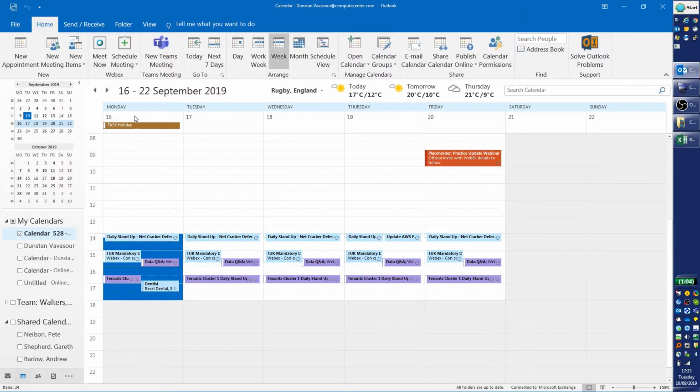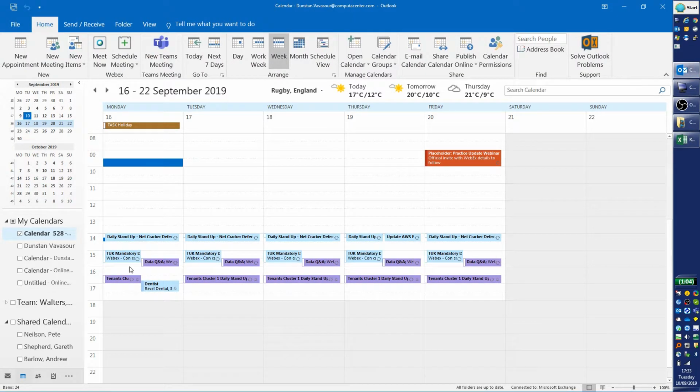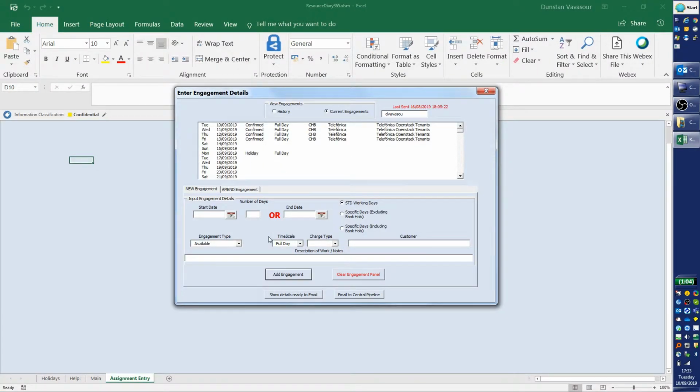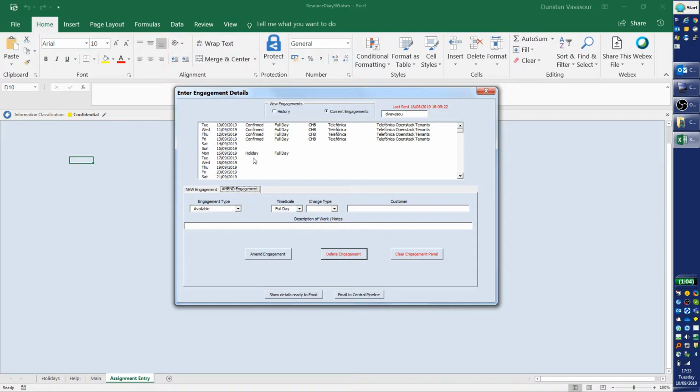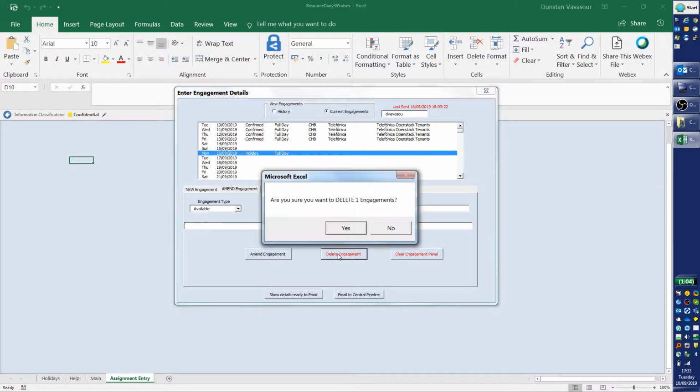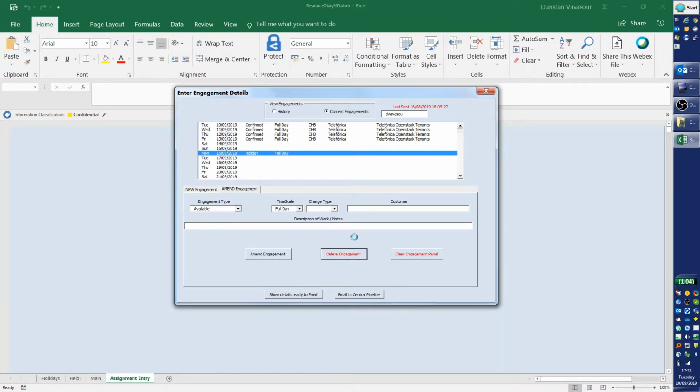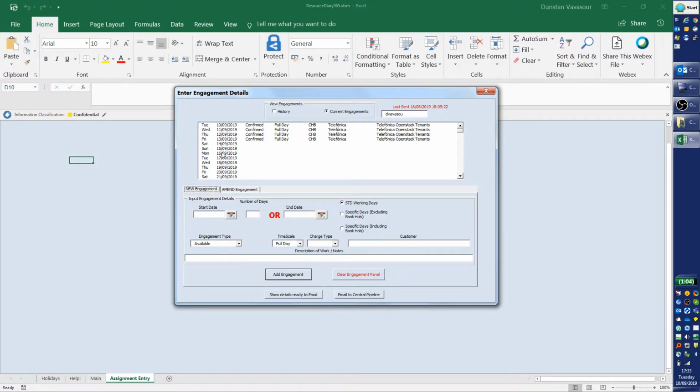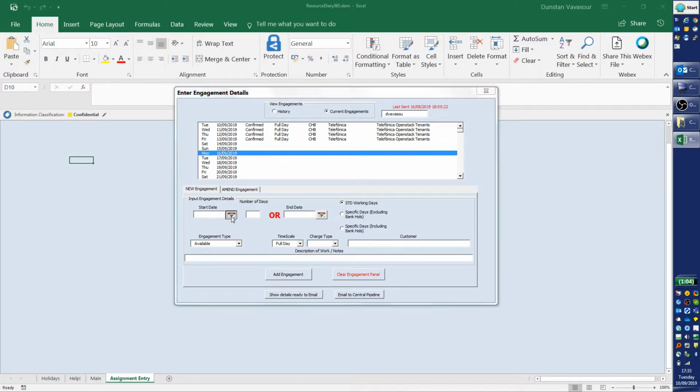Let's go back to Outlook and let's put it back there. So my things that were across there have disappeared. And now we'll take it out again because alas, I'm not on holiday next Monday. So now, I'm probably going to be doing the same thing for the rest of the week. So seeing as I'm demonstrating it, I'll just put another block in. I could have just run it all the way across there, but let's just put in another week's worth of